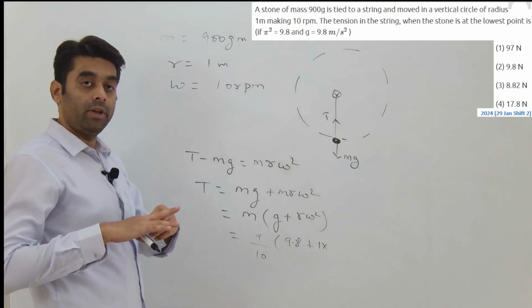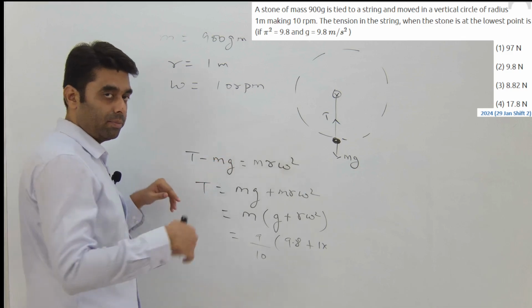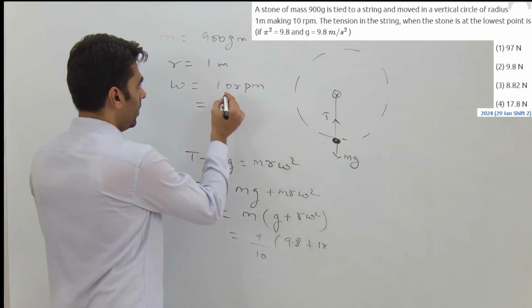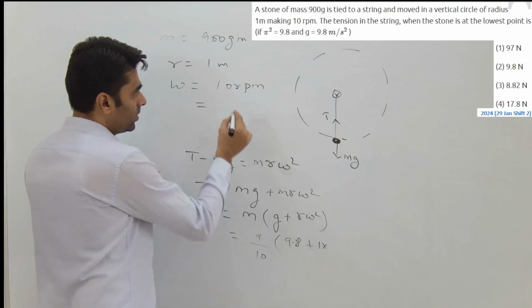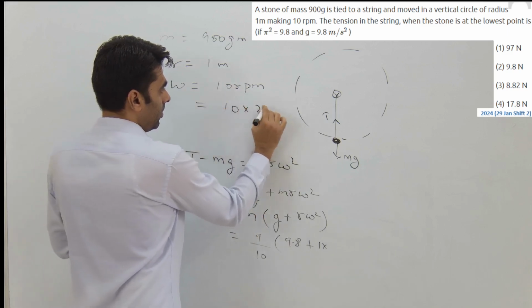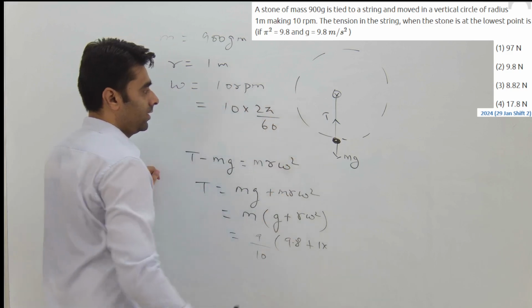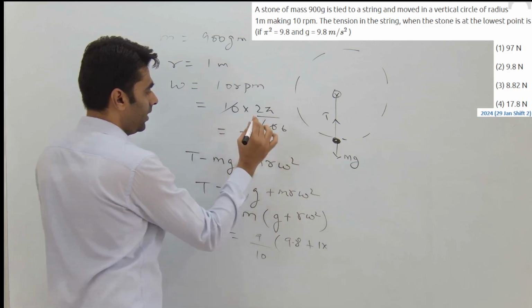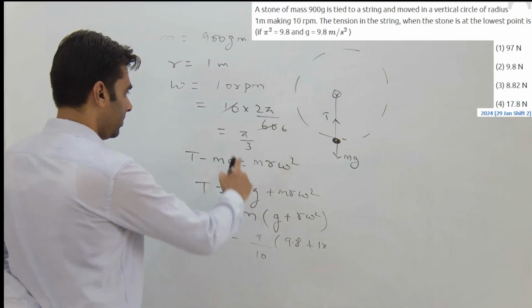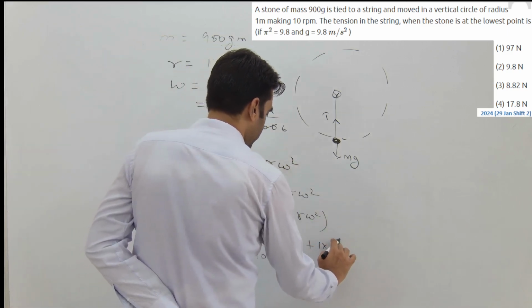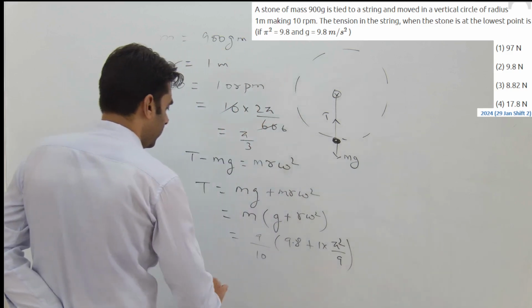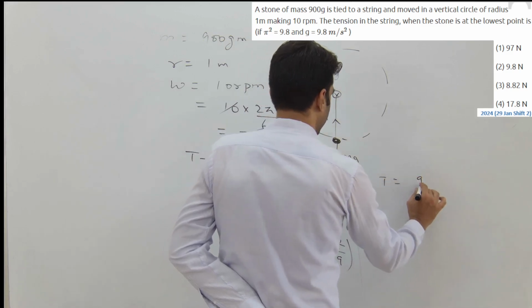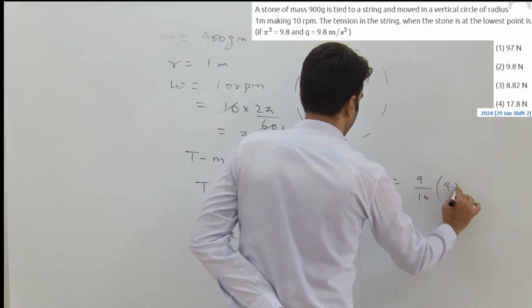If you notice carefully, omega is given to us as 10 rpm, which is revolutions per minute. If we have to change it into radian per second, we should multiply by 2 pi by 60. How much are we getting? 10 times 2 pi by 60 comes out to be pi by 3 radian per second. So omega is pi by 3 radian per second. We can square it: pi square by 9. Fine. So we get T is equal to 9 by 10 into 9.8